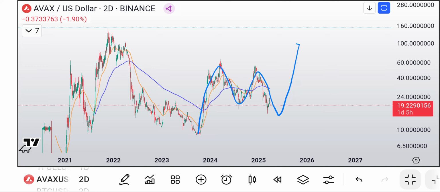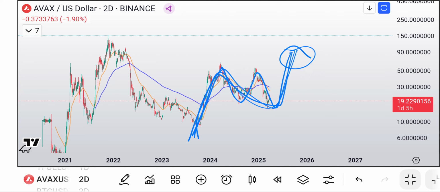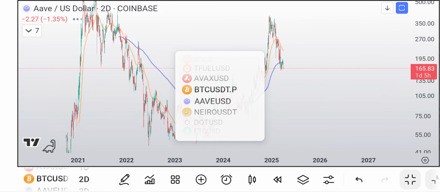So usually you're going to get a move. And then what that would be is 1, 2, 3. Because we don't have a three-wave move yet. We don't have a 3. We have 1, A, B, C. So we need that 1, 2. We need that three-wave move back to the retrace levels. And that's why I think this is a bear trap. And then once we get up there, it could be a bull trap, so we'll have to reassess it once we get there.